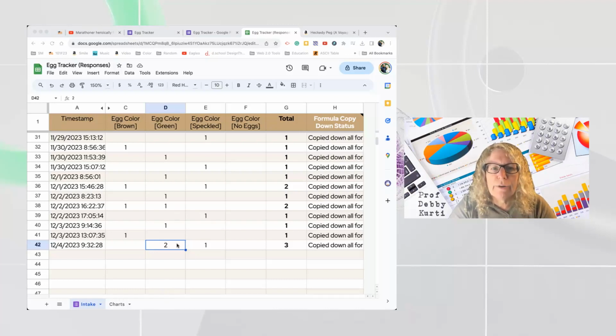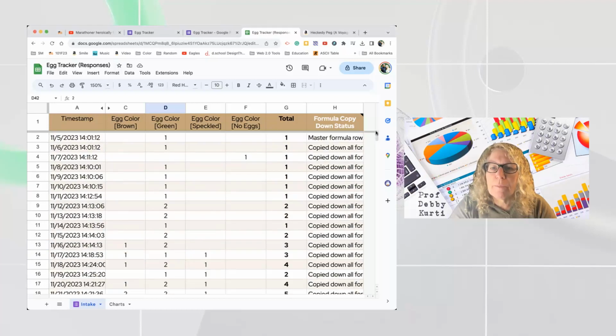So I got 2 green eggs and 1 speckled egg. Now what I have over in this column is a nice little add-on called copy down. So for any line, I create a formula up in column 2 or row 2. That's the master formula. And that adds up whatever's in B2 to F2. So all of these add it up, and that's how many I got in that